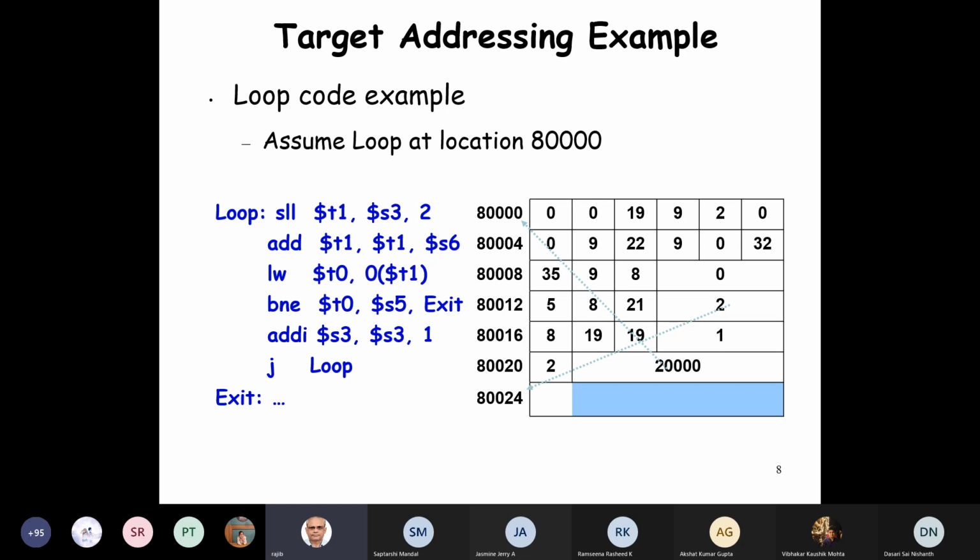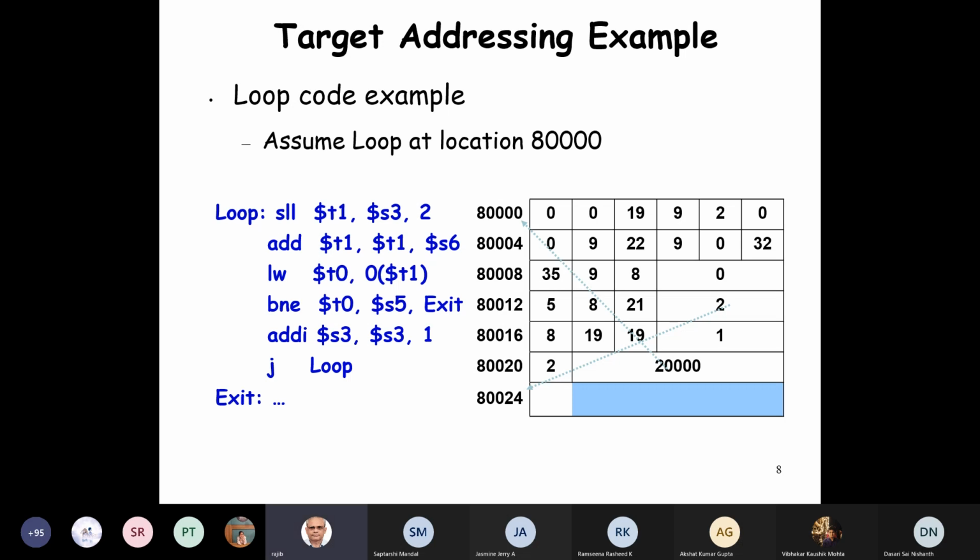Now we have jump loop, where the loop address will be computed by the assembler and put in this field. How much value will it put? Okay, the program is at 80,000, and as I was saying, in all jump instructions, branch instructions, etc., the least significant 2 bits are zeros and therefore not stored here.